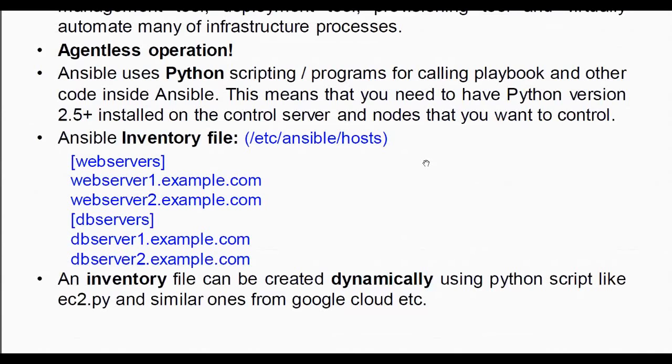That listing is done and maintained in a file, and that file is called an inventory file.